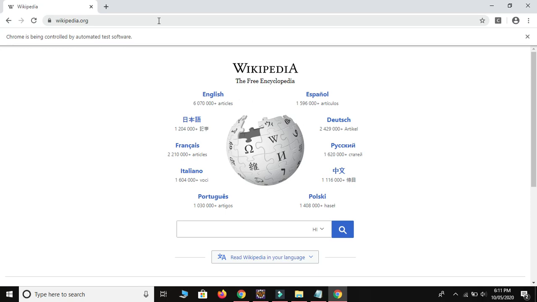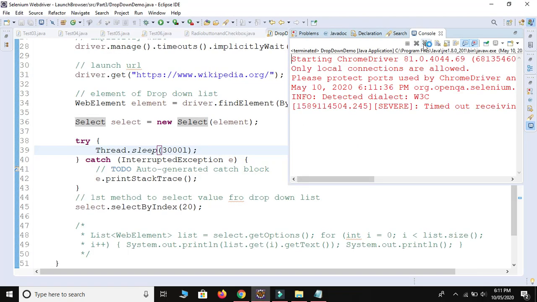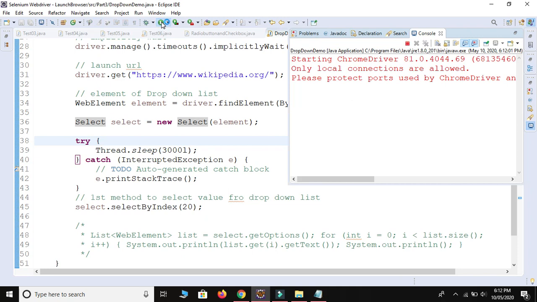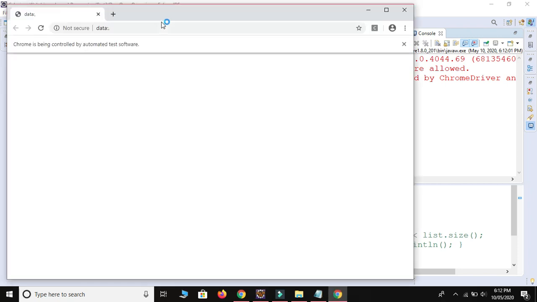See guys, let me execute one more and last time. Please focus on the screen. The default value is EN and it will select the value which comes at index number 20, which is Hindi. So the value will be changed with Hindi, so it will use HI.